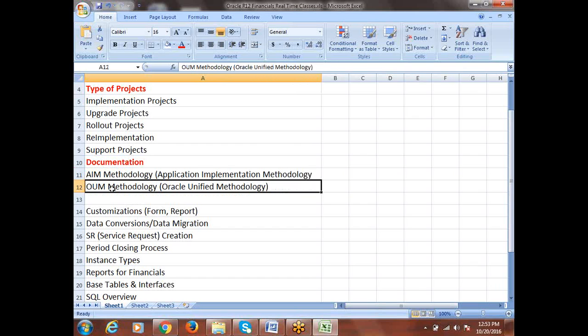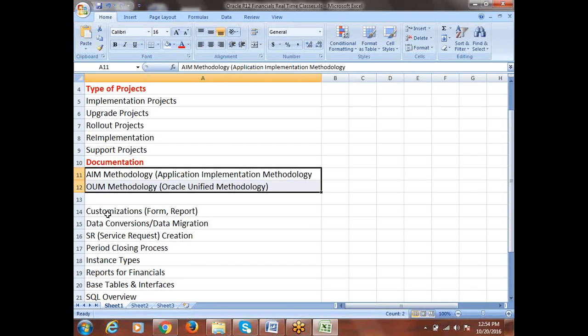In the same way this also will be discussed, because this is somewhat outdated, but still many companies are using it. Frankly speaking, OUM is the latest methodology which Oracle recommends and many companies are using. But nothing wrong if you have experience on just AIM methodology, that would be fine. If you know the AIM methodology, you know in and out what process is involved in terms of implementation with respect to AIM, and what documents will be created. If you know AIM methodology, you'll be able to work on OUM. Anyway, we'll be discussing both methodologies here.